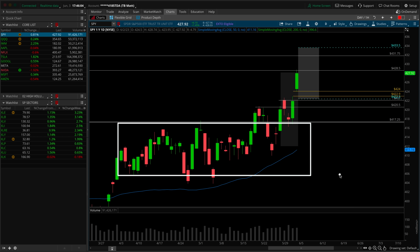Of course, if we throw on the anchored VWAPs on the daily time frame chart, this should become abundantly clear as well. These are anchored to all the major pivot points after the October low, just reminding you folks that we've been above them for quite some time. They become less relevant in our analysis as we get further and further away from them,